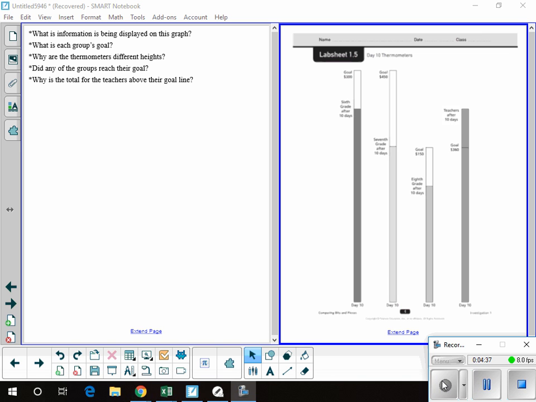Okay? Will you please turn to your partner and tell them what information is being displayed in the graph? Go for it. Alana, can you tell us what information is being displayed on this graph? Yeah. So, they're showing how much money the 6th grade, 7th grade, 8th grade, and the teacher